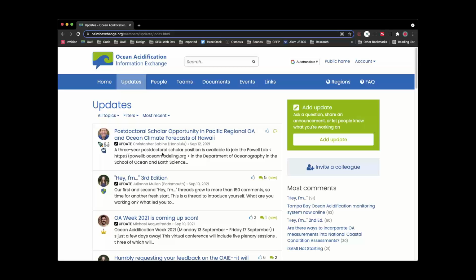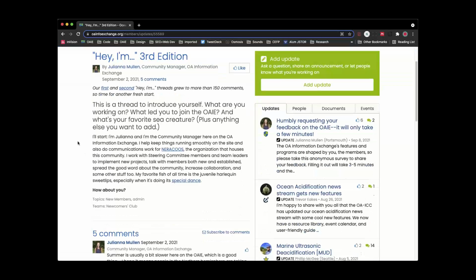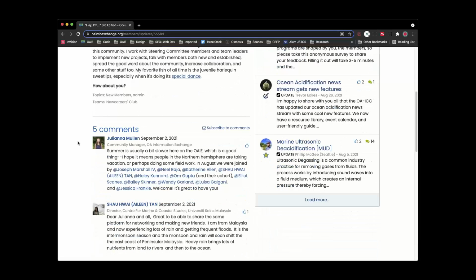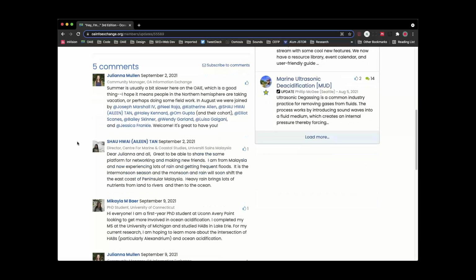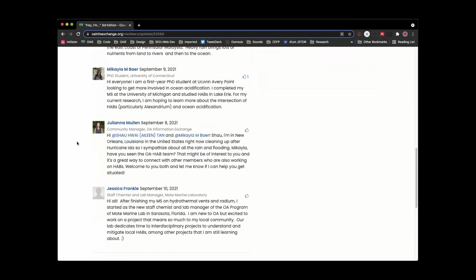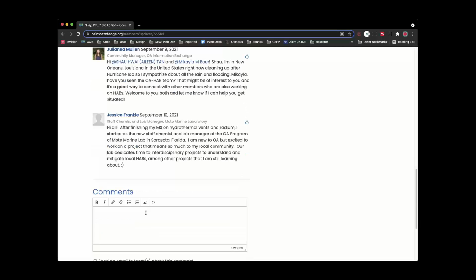Okay. So the idea of this, let's go to this one. Here's your update. Like I said, it's this way to give multiple different layers of information. You can put as much or as little as you want. Then once you have your update, people can respond to it with comments. And the great thing about comments and about updates too, but I'm going to show it here. This is just a little post that I have to welcome new members to the site.